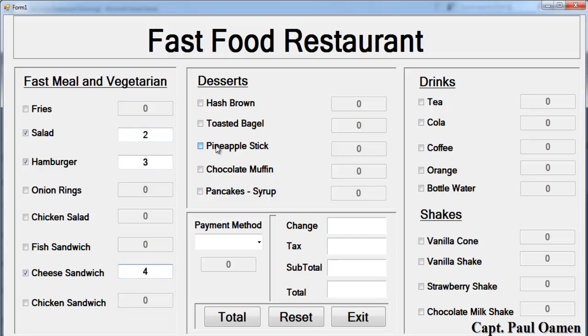Let's come to the dessert. Let's say you want altogether 9 of those, so shall we enter maybe 5 and 4 somewhere here, or 2, yeah. And drinks, I'm going to go for about 3 of those, 3 and 3, then maybe 5 of that, and 4